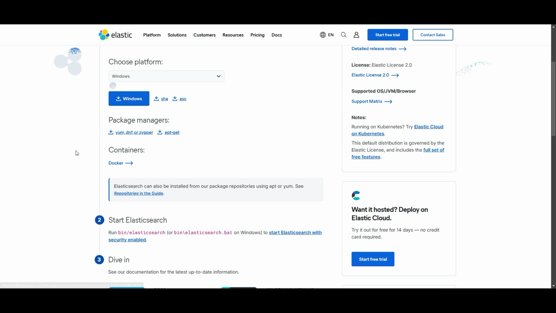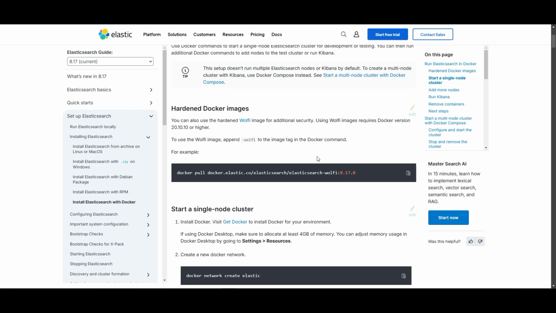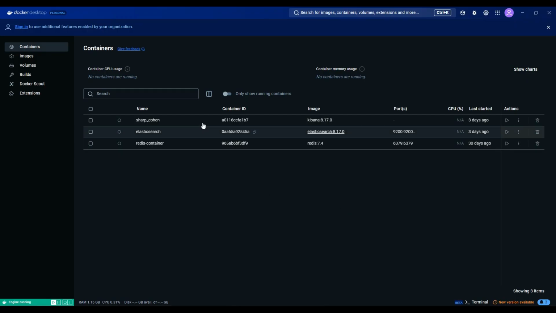But here's the cool part. You can also set up Elasticsearch as a Docker container. If you are already using Docker, this method is super convenient and fast. I've included the link to the official Elasticsearch Docker image in the description below for you. Now I've got Docker installed on my machine, so I prefer using Docker to install Elasticsearch on my machine. It's fast and avoids any installation clutter on your system.